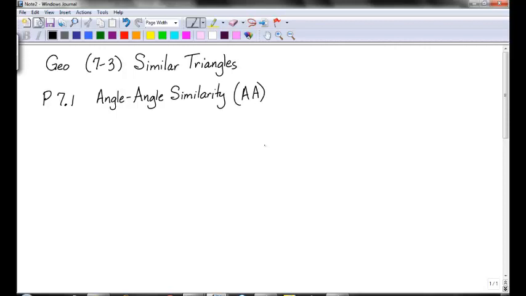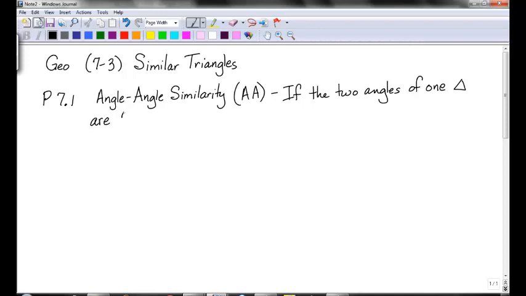Just angle. Okay, and it says if the two angles of one triangle, and you can just use the symbol for triangle. If you think about it, if you have two angles that are congruent, what's that make the third angle? The third one has to be too, right? So, if all the angles are congruent,